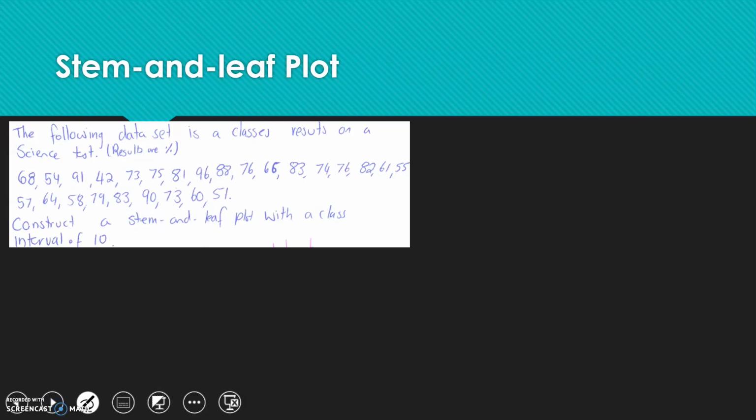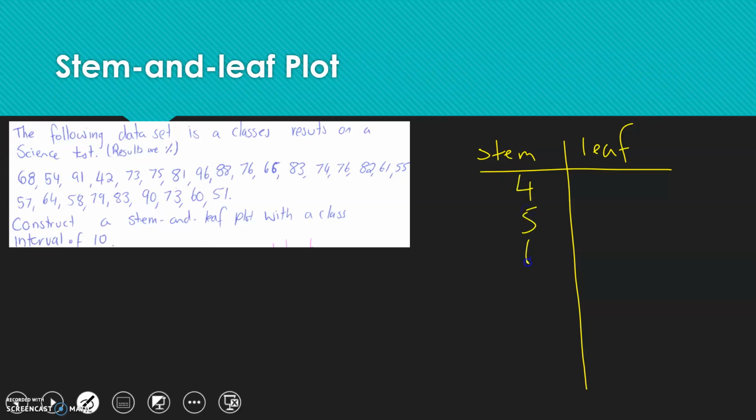Okay, we're now going to do an example of a stem and leaf plot. So the first thing I need to do is I need to draw my plot. So we've got our stem and we have our leaf. Now I need to work out what do I want my stem to be. Now because all of the numbers I have are 2-digit numbers, what I can do is in my stem I can put my tens digit, and in my leaf I can put my ones digit. So we can see from our data set here, our smallest number is 42 and our largest number is 96. So what we can put in our stem is we'd go 4, 5, 6, 7, 8, 9, and then I